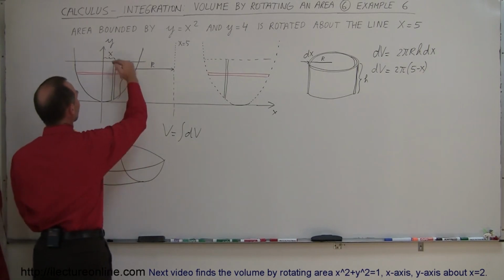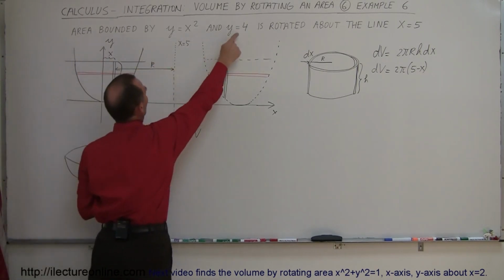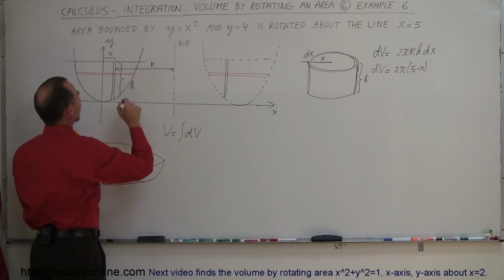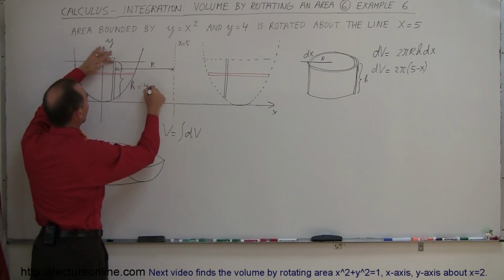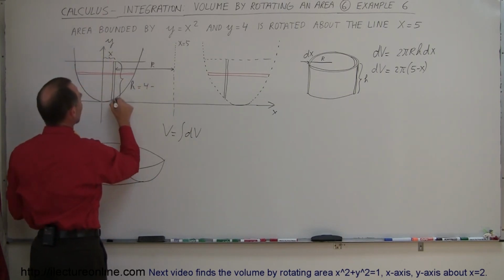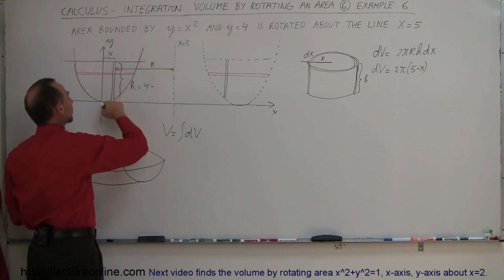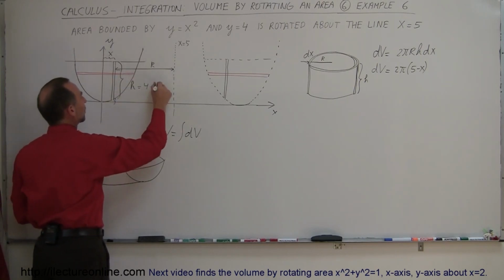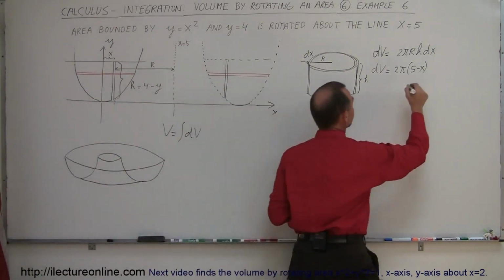So the height will be going from there to there. Now the upper boundary here is the y equals 4 line. And what we want to say then is that h is equal to the full distance from there to there, which is 4, minus this distance right here. And that would be the y value of the parabola, y equals x squared, when we get to that point. So it would be 4 minus y. And so we can replace h by 4 minus y